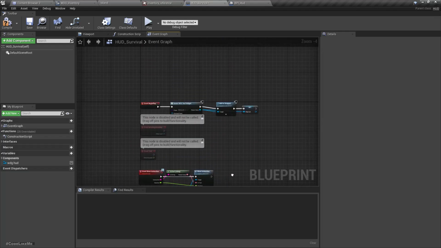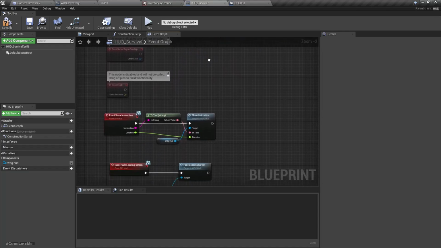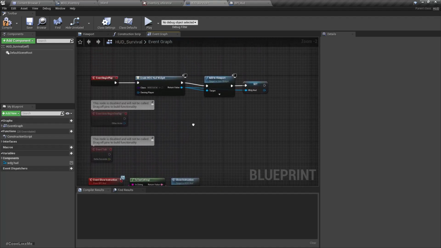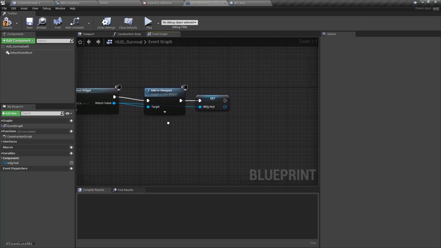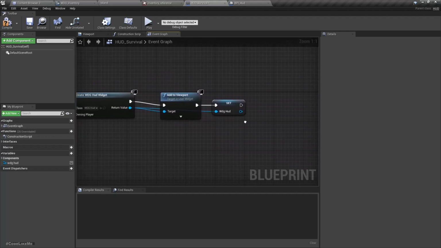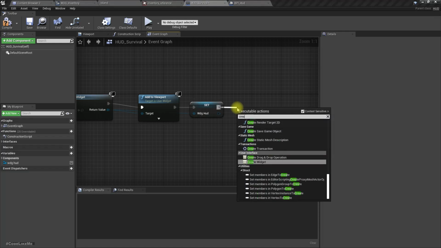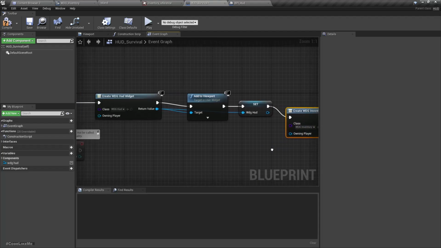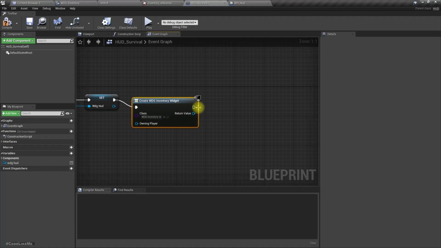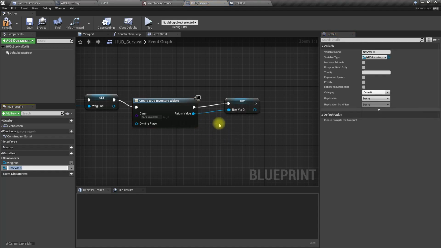So in the begin play I'll create widget inventory and keep it as a variable. I'm not going to add to the viewport yet. Let's keep it as a variable, wdg inventory,